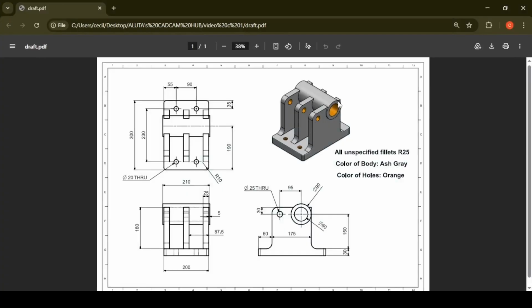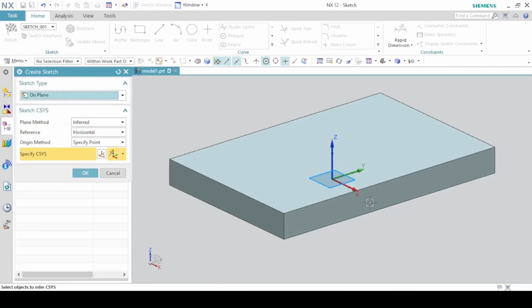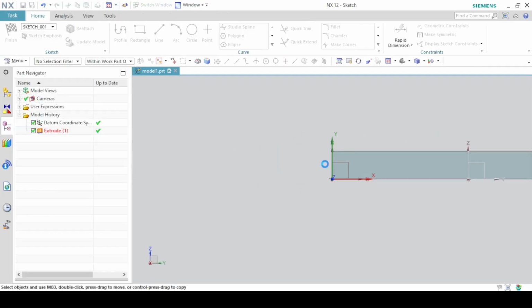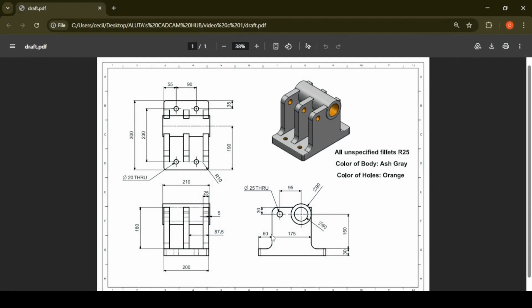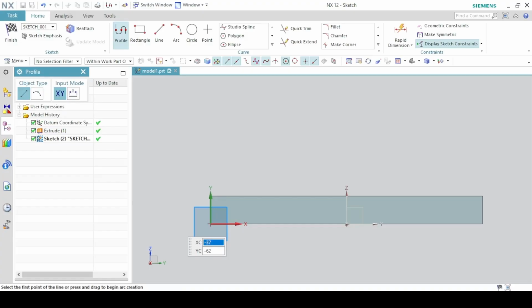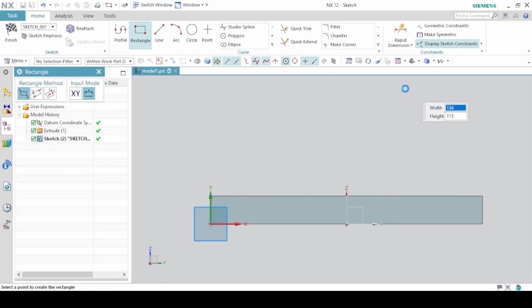Next, we add these 3 vertical blocks. We are first going to create this block and then pattern to get 3 blocks in total. So still with the extrude sketch section, we're going to sketch the section on this face. Okay. So we're going to draw a rectangle with a length of 175 and a width of 150. So again a rectangle, this time with the by 2 points method. The first point here, the second point here.